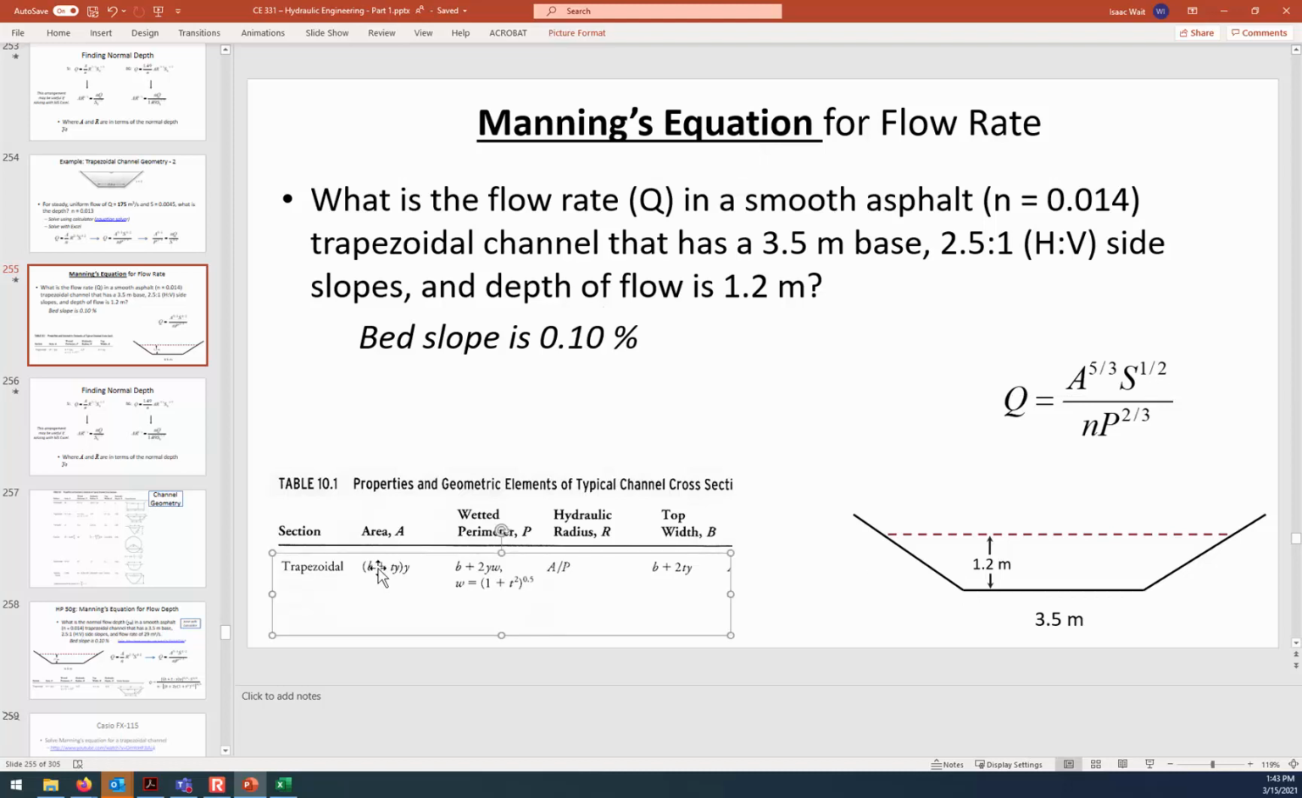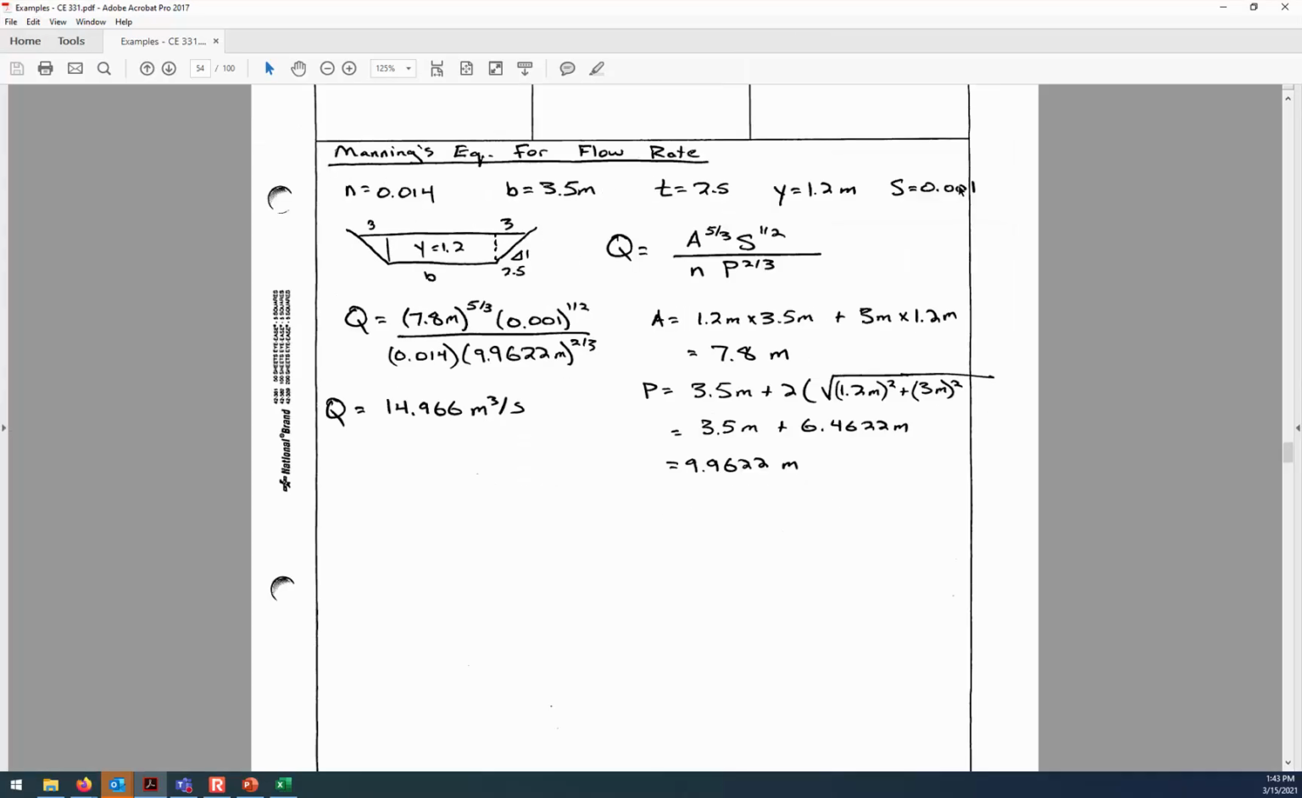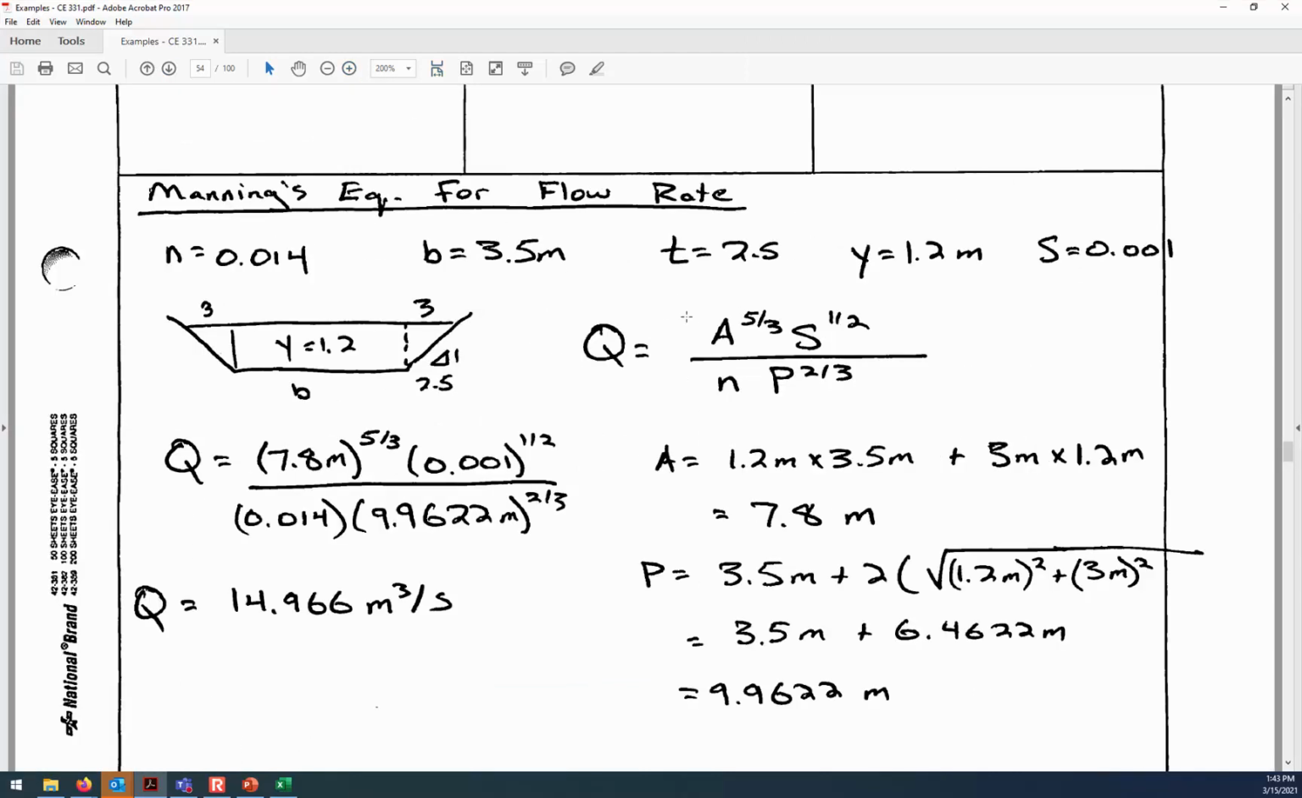One, you can just substitute it into this formula. That's one perfectly fine way to calculate the cross-sectional area. Or you can look at it and see that we've got a pair of triangles on the side and a rectangle in the middle. So my solution takes that approach. If I just show it to you now, what I've done to find the flow rate is, okay, so if we've got 1.2 meters of depth,